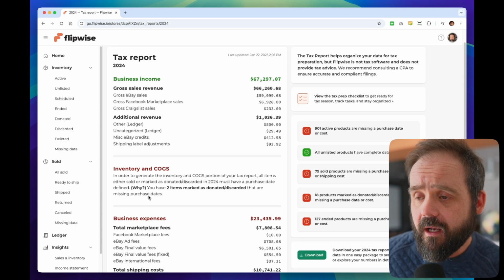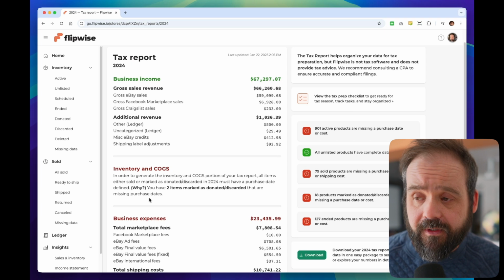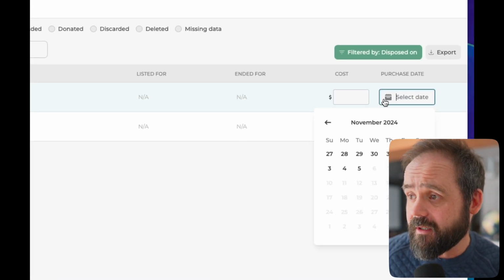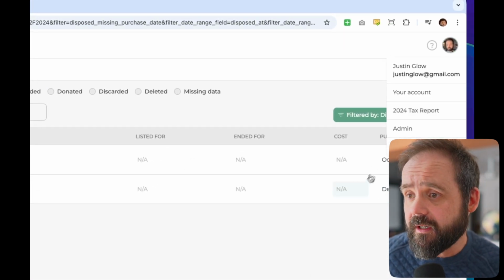This is showing that I have 2 items marked as donated that are missing purchase dates, and until I give them a purchase date, it will not be able to generate the inventory and cost of goods sold section. Let's go ahead and just enter those purchase dates really quick. So I just clicked on that, and I'm going to give it a quick purchase date there. Done. And then if I hop back to the tax report, you're going to see